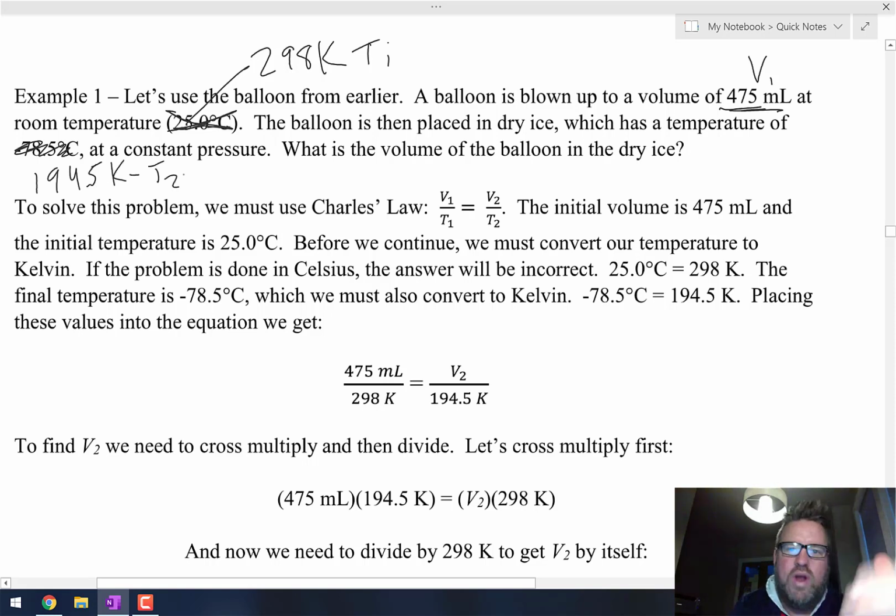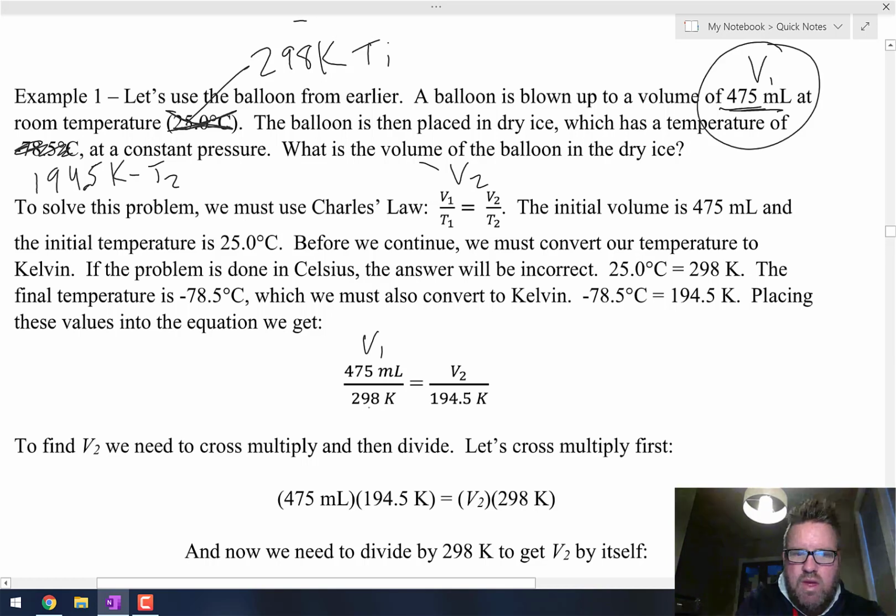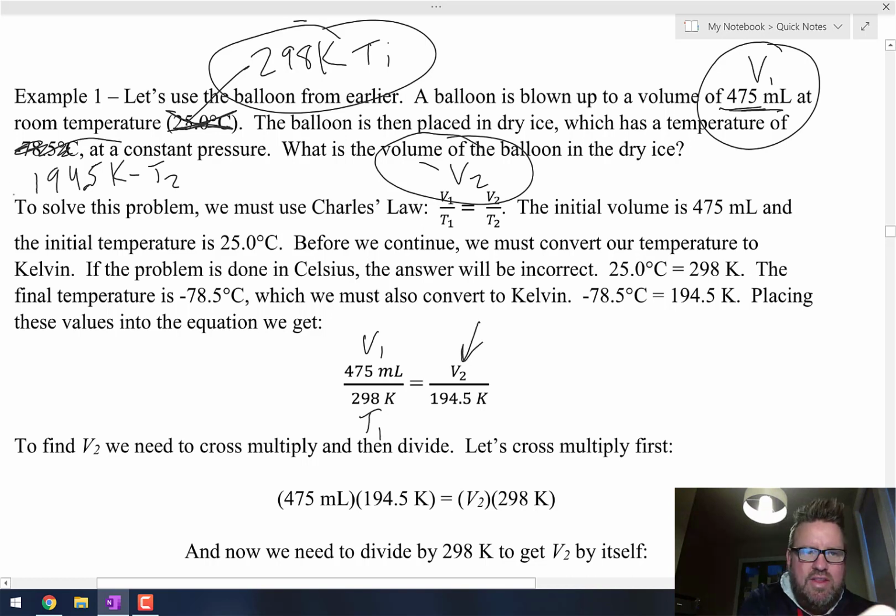Okay, and they want to know, what is the volume of the balloon? So what are they asking us for? They're asking us for the final volume. So what do we do? Just like with Boyle's law, we plug the numbers into the equation, and then we solve for the unknown. Okay, so here's our V1 right here. It's 475 from there. Our initial temperature, remember, was that temperature in Kelvin, so there's T1. V2 is what they're looking for, so we write that as V2, and then the final temperature was 194.5, so